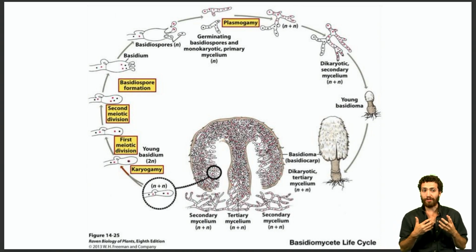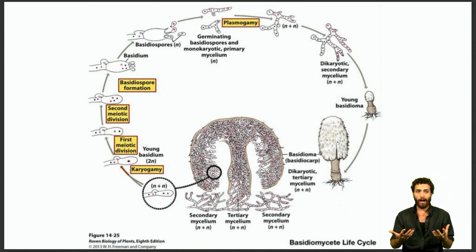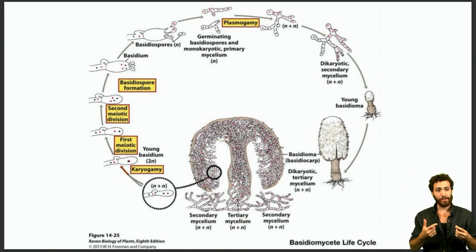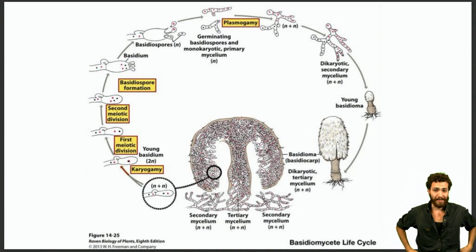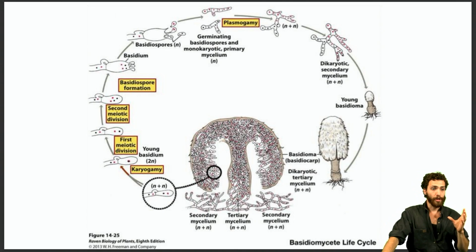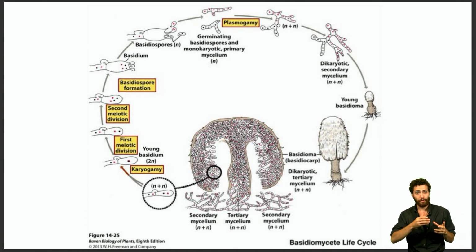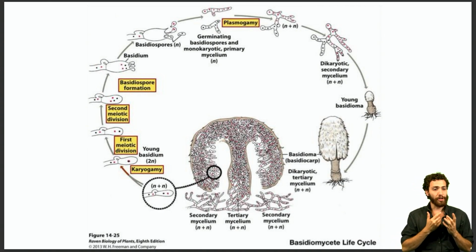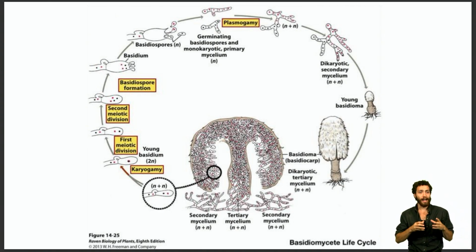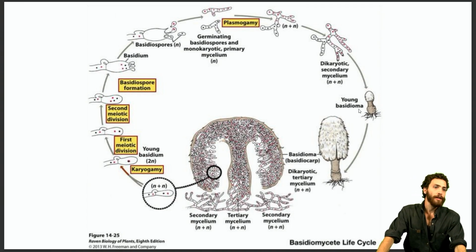And often Basidiomycetes will actually live for a while in this dikaryotic phase, which is different from Ascomycetes. Ascomycetes typically like to quickly produce an ascocarp right after going through plasmogamy and anastomosis. Basidiomycetes like to subsist as a dikaryotic hypha for longer. This is a distinction. So a young basidioma, synonymous with basidiocarp, is produced, and this basidiocarp has a hymenium, a